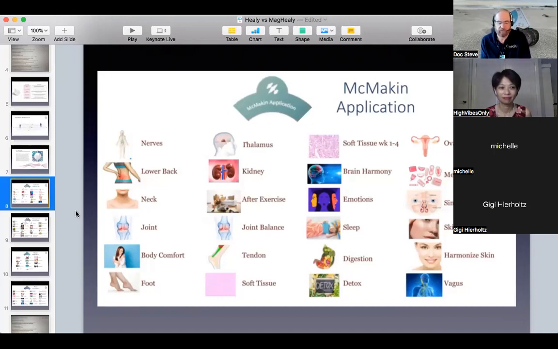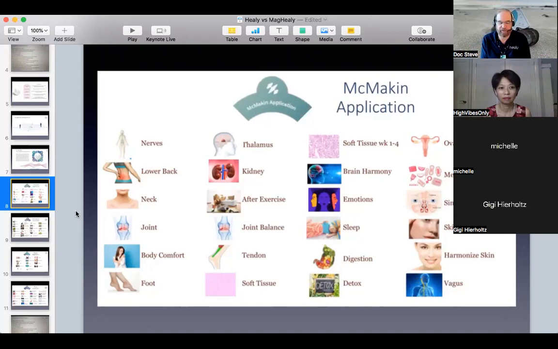It runs for about 4.5 hours, and I start it as soon as I lay down. When I wake up in the morning, I am absolutely refreshed, energized to start my day, which wasn't always the case before using the MagHealy. Another really great aspect of the sleep program is, say, that you can't get the 8 hours of sleep that you're used to or that you need. That happens to me a lot. It happened today. I was up late last night and had to get up